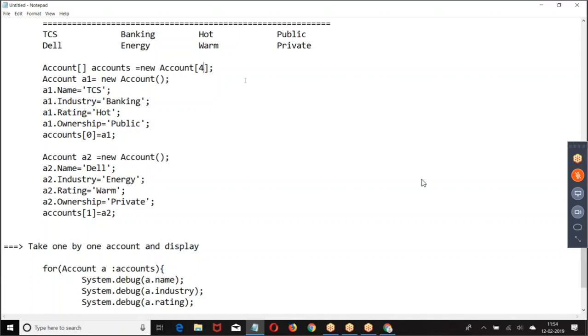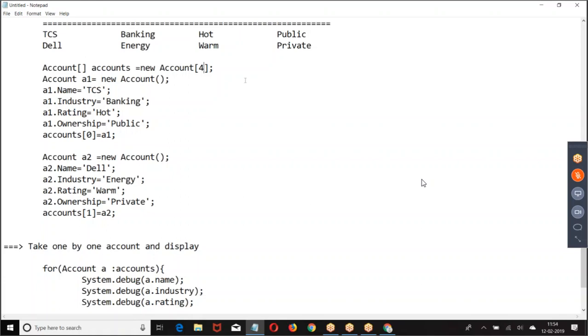Now we are working with 2 different formats. Don't try to merge both the formats. In the database, it is a table. But in the programming, it is not a table anymore. It is a class. A table has an equivalent class. We are trying to use the class and create the record. So we are only trying to refer to how to make use of the account class. That account class is nothing but an SObject. For every object in the database, we call it an SObject in the programming. Every table in the database, we call it an SObject in the programming. SObjects are referred to using classes.